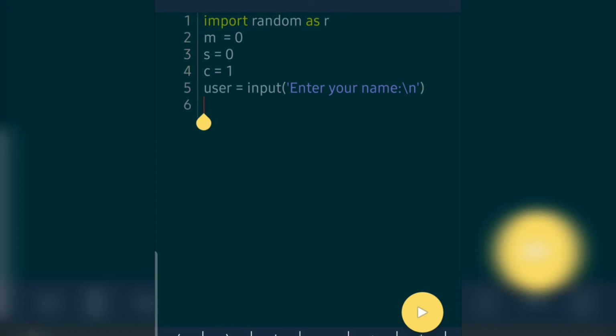Now we are going to write a while loop. So we'll write while c equal 1. Through this while loop we are going to continue the game as long as the user wants. Now we are going to